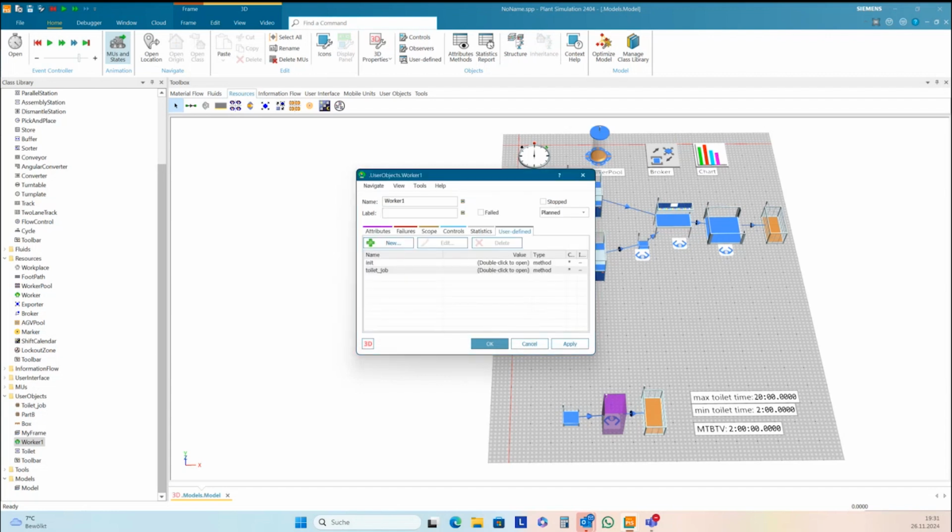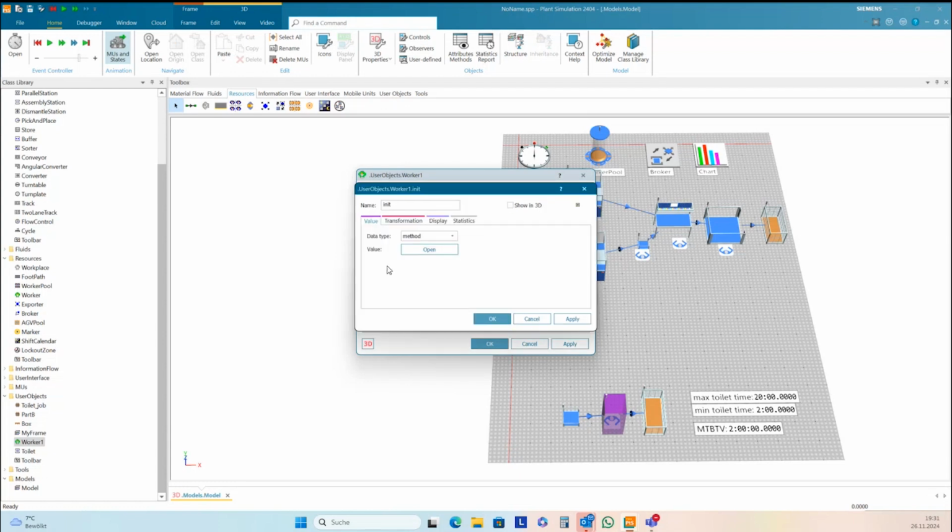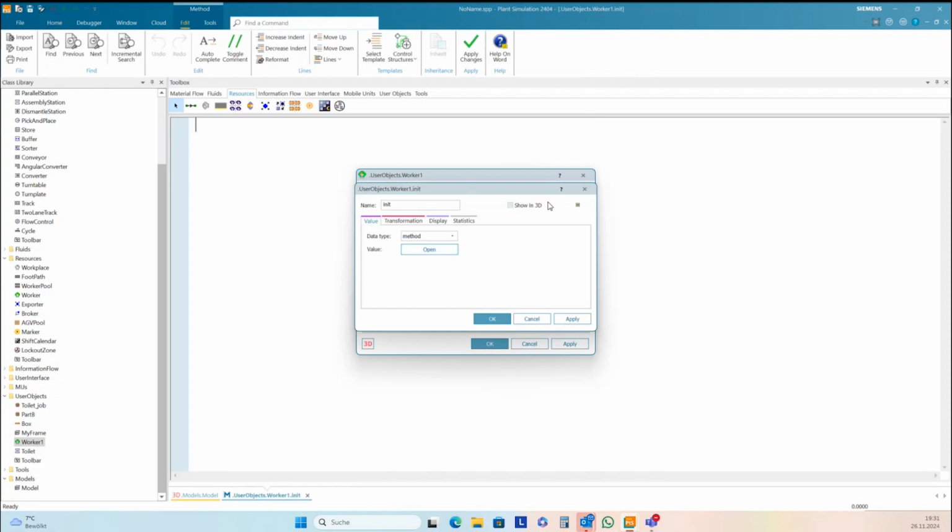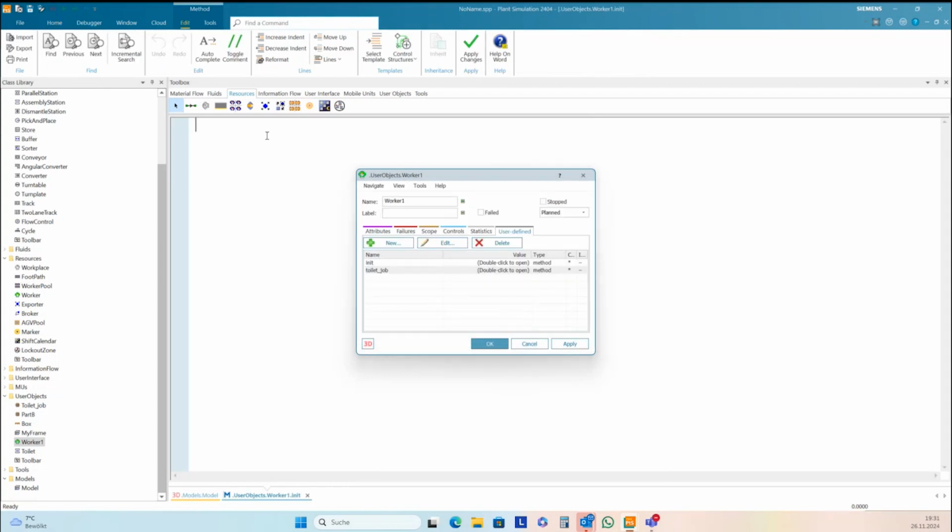And this init method will also be called by the event controller. And here I need to create the first call for this toilet job.